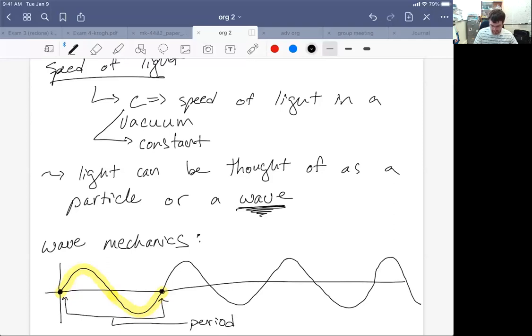So this is the period of a wave. Now, what's important is that the period of a wave should be constant whether you're starting from an origin and going up and down, or starting from an origin and going down and up. That should be the same